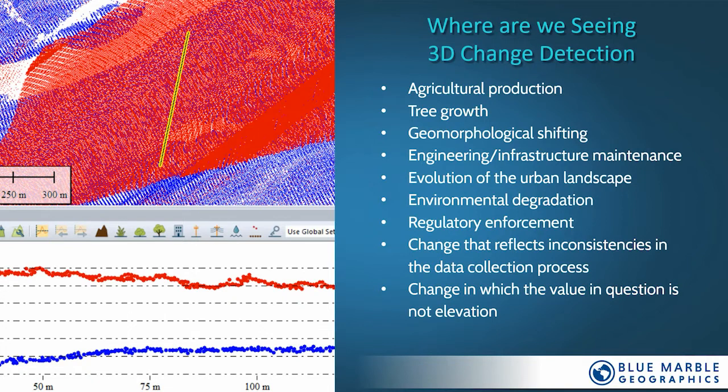Now, the final bullet I put in here at the last minute: we tend to think of point cloud data as a representation of elevation, and 99% of the time that will be the case. But we can model data in a similar way that's not necessarily elevation. We can take a point-based database and grid it, create a surface, whatever we need. Those values can be analyzed in the same way as if they were elevation. So you can see offsets. And again, think of maybe a surface